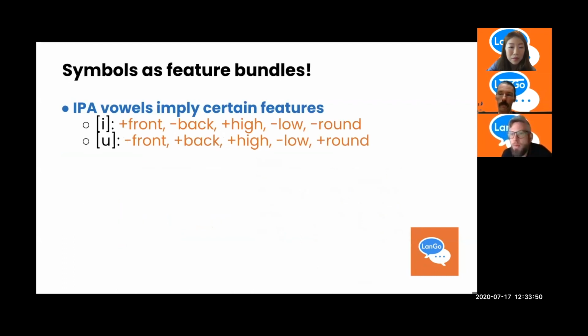That's E. That's the one we've been talking about. The next one is another important vowel. It's oo, spelled with a U in English. And it has 2 salient differences from E. One is that it's minus front and plus back, right? And that it's plus round, while E is minus round. It turns out that most front vowels in most languages in the world are minus round. They are unrounded.